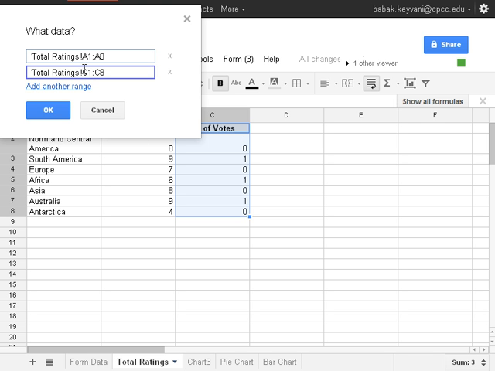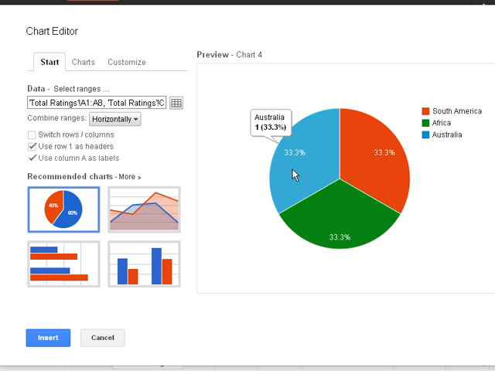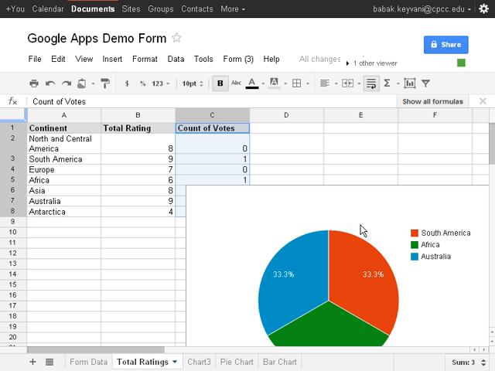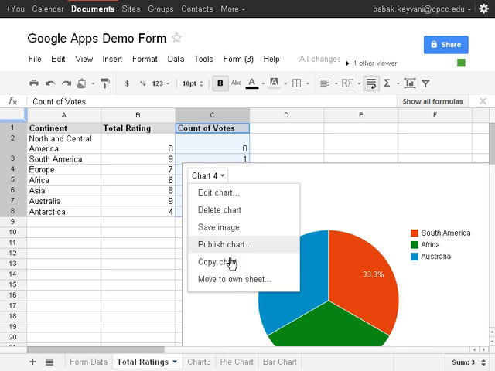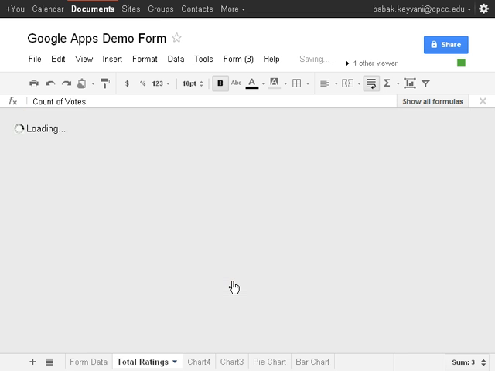Make sure that these values match the same, and then we're gonna click OK, and now you see here's our pie chart. It's smart enough and quickly picks up the best chart that reflects it. If it was not there, you can click on more and go through the rest of charts. So we're gonna click insert, and here it is, and click on chart and move it to its own page